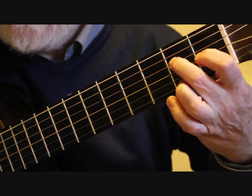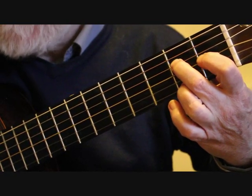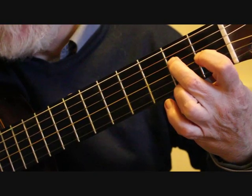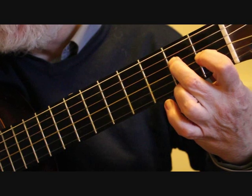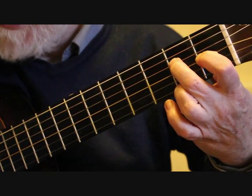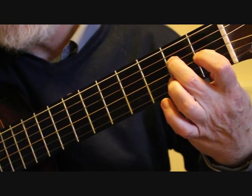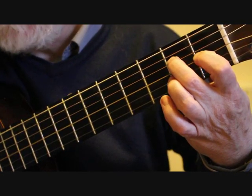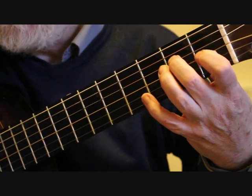We now move to the 1st string 2nd fret to the F sharp. So we play the 1st string, 4th string, 3rd string, take the 3rd finger off to give us the open 1st string. So it's 1st string open, 4th string, 3rd string. So bar 72 is